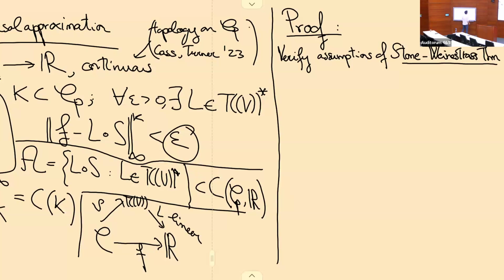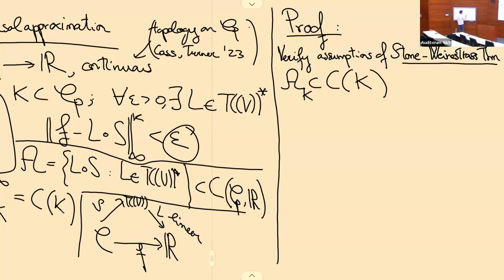So the Stone-Weierstrass theorem tells you that if you have an algebra of functions A that is a subalgebra, restricted to a compact set K, of the space of functions that you care about, in this case continuous functions on K,